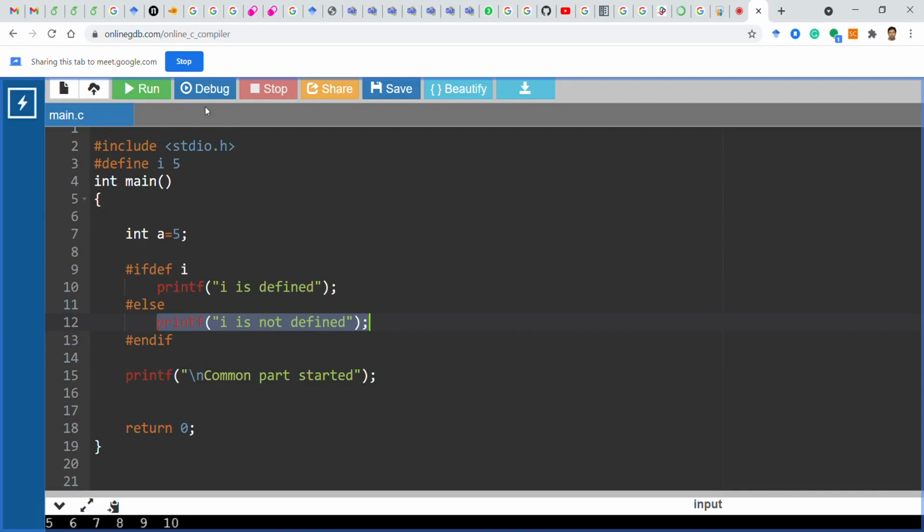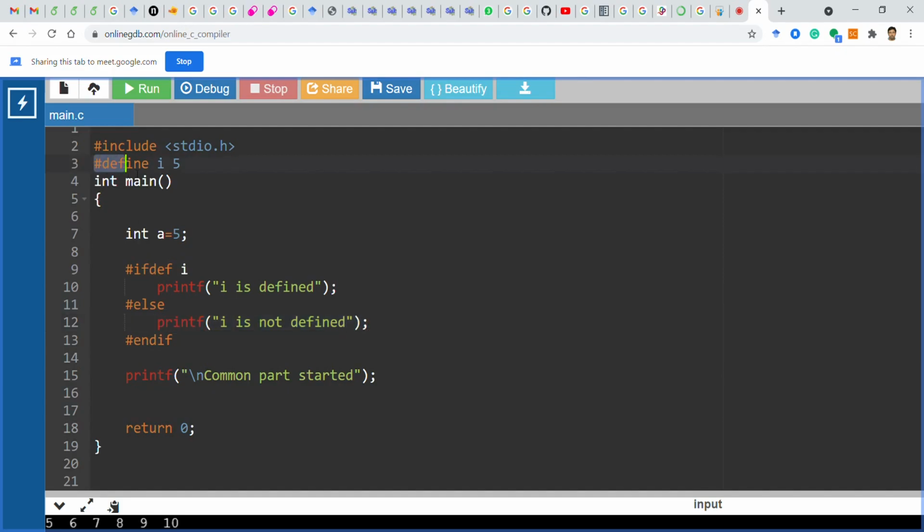So with respect to this particular program, this is a raw code, right? This is not a preprocessed code. It will go through the preprocessor. After preprocessing, in the intermediate code, which lines will be present and which will not?